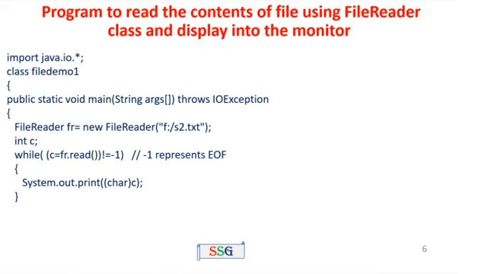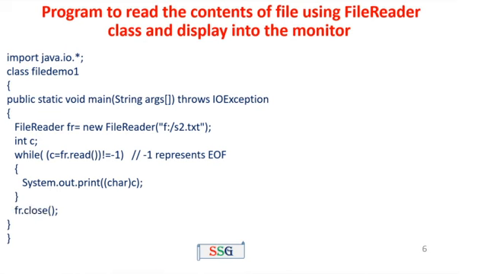Then if you want to display the output on the monitor, in System.out.println we have to print the corresponding value c and convert that c value into the character data type also. Because all the characters are stored in the file in the format of ASCII value. If you want to display the output in the character format, we have to do the type conversion, that is converting the c variable into a character.